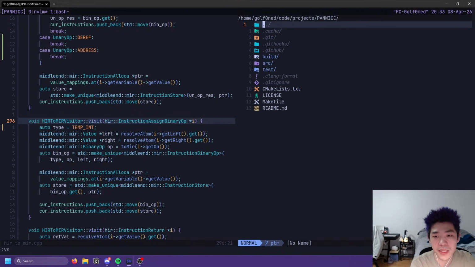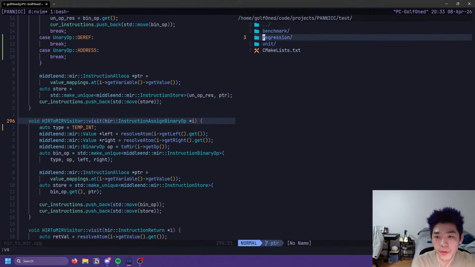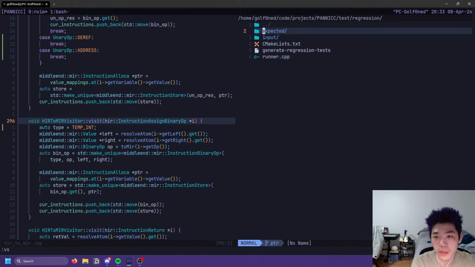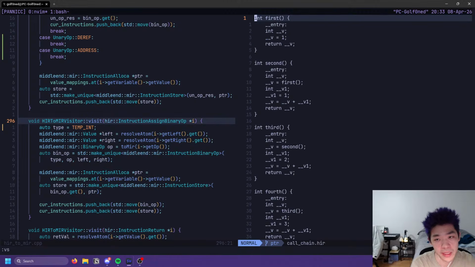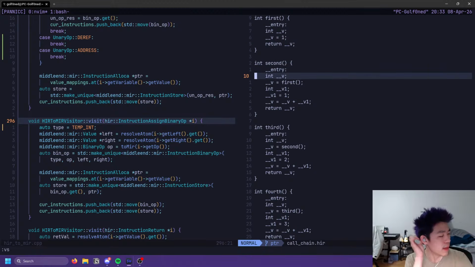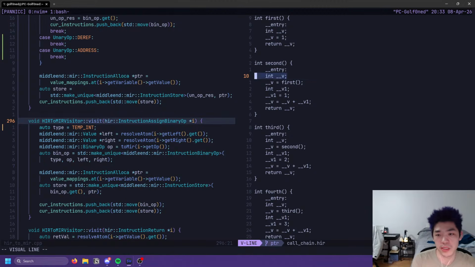We could start by looking at the tests, or the output. If we look at call chain, for instance, part of the whole point of MIR is to make these sorts of chained or compound expressions more explicit with explicit declarations.